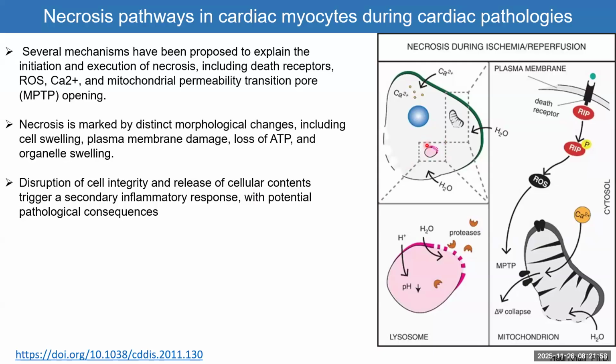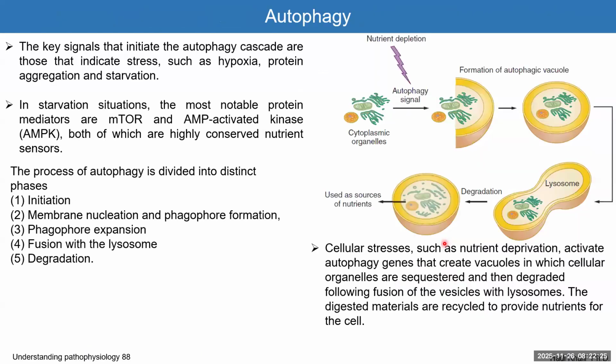And the second part is lysosomes, which normally degrade cellular organelles and recycle them. But now the effect of calcium load, increase of reactive oxygen species, and the H plus acidity will induce proteases in the lysosome. And that would induce autophagy,